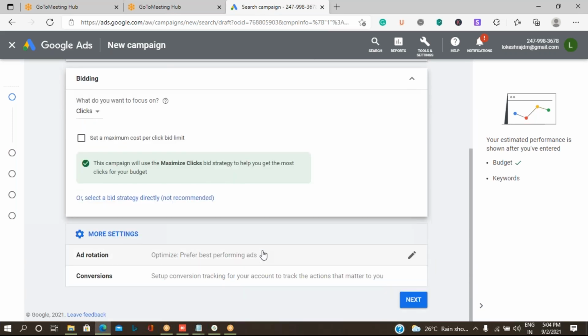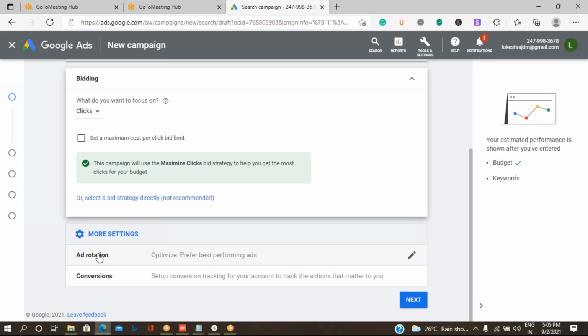Here you can see an option called ad rotation. That means you can create multiple ads and give them to Google. Out of those multiple ads, based on all the bidding and settings you have provided, we can give permission to Google itself to decide which is the best performing one to be displayed as an ad.